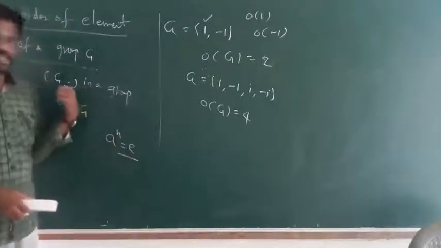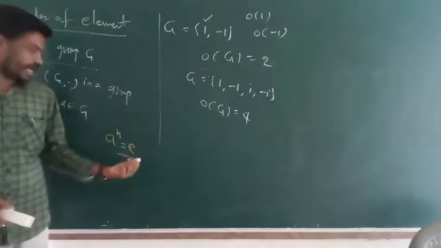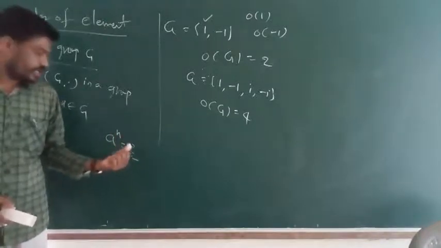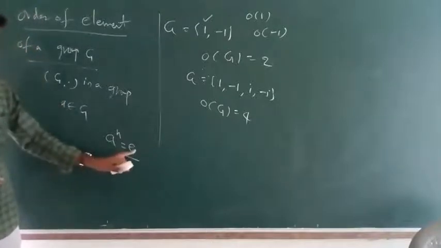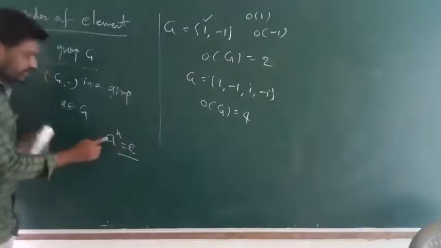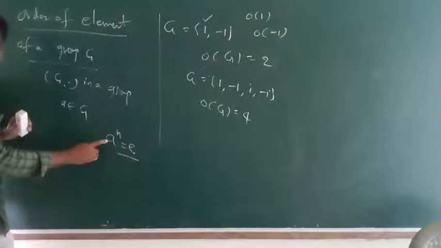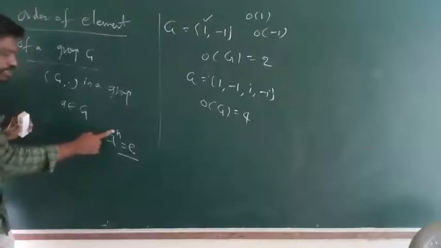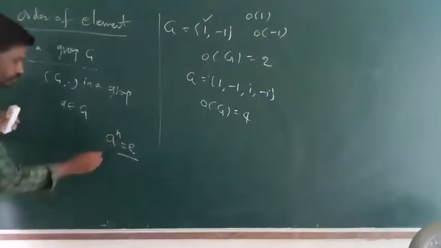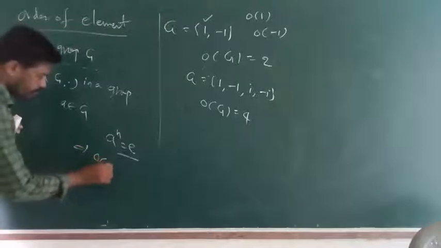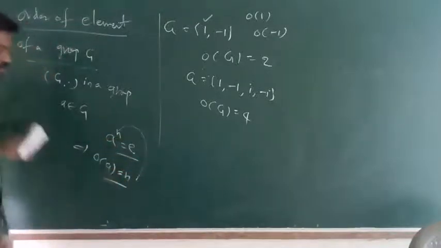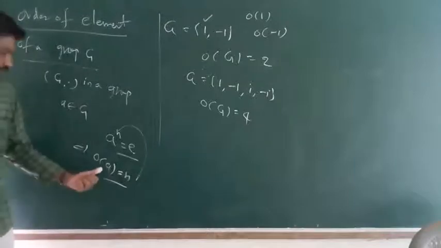Given the set form G comma dot, first we select the identity element. That is important. Any set form is given, first you choose the identity element, that is small e. So this is a power of n. A means an element of the given set, you take each element a and apply the power, and it must equal the identity element. So this implies order of a is equal to n. This n is the order. Each element: order of a equal to n.